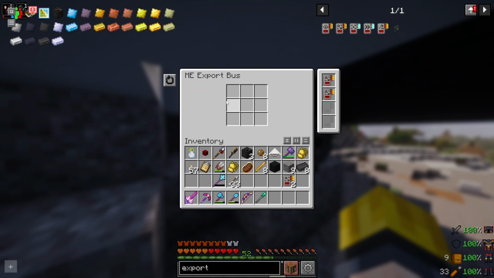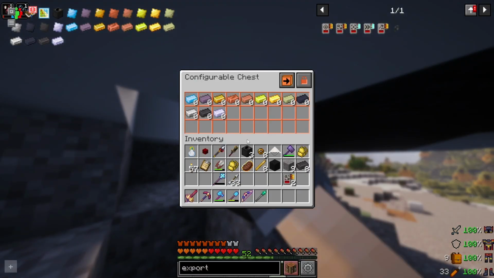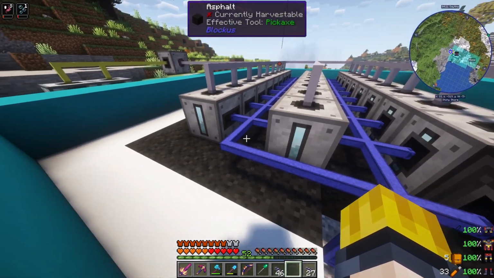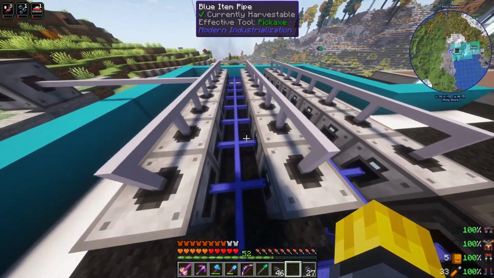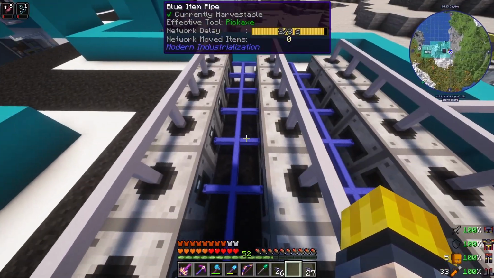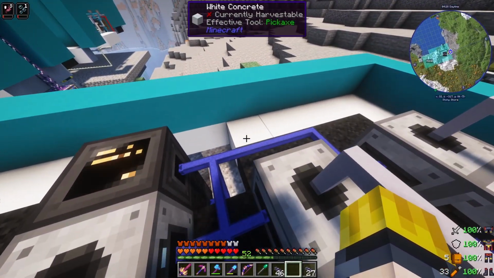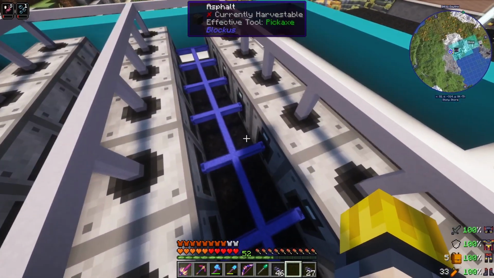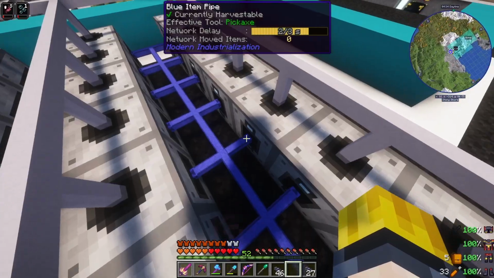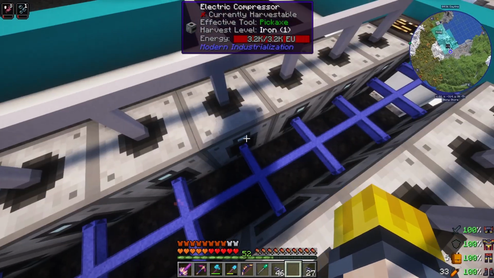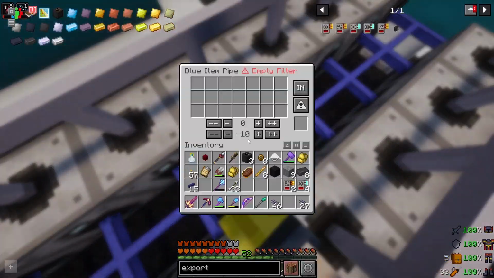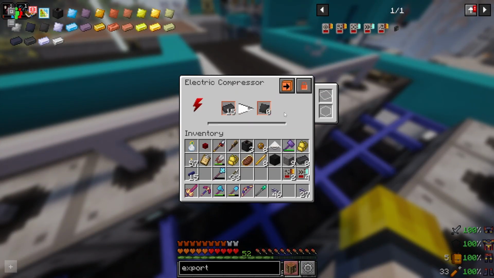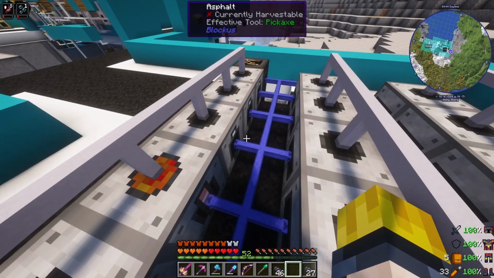Also, I can add all 12 of these ingots and have them go into this configurable chest once I connect it to the system. So I've got a blue connection on these compressors here. The blue connection is going to be the input for the compressors. So these all need to be set to input with blacklist enabled, right? And that'll start allowing whatever item it is. So say this one's steel right here. If I go in blacklist, you'll see some steel start going into there,